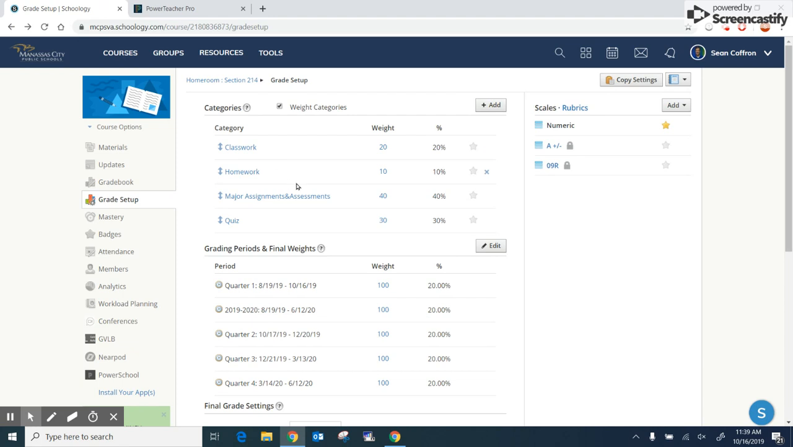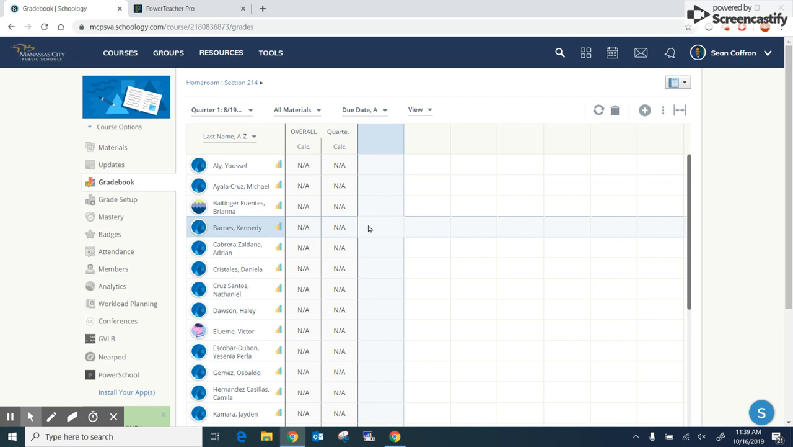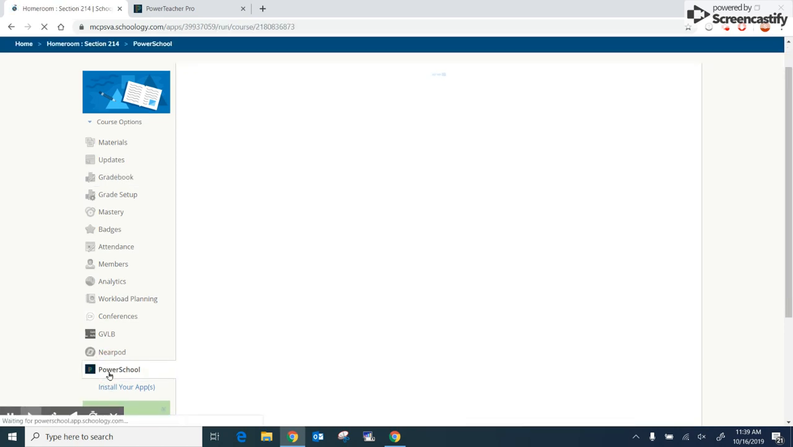Now that I've correctly set up my gradebook, I can go ahead and start synchronizing my gradebook. At this point, I don't have any assignments here, so you'll notice when I click on gradebook, it's blank. If I had assignments already, they would appear here, and they'd appear throughout. To synchronize my gradebook, I need to first identify which categories are going to be mapped to my PowerSchool or my Student Information System categories. I'm going to do so by clicking on the app down here,